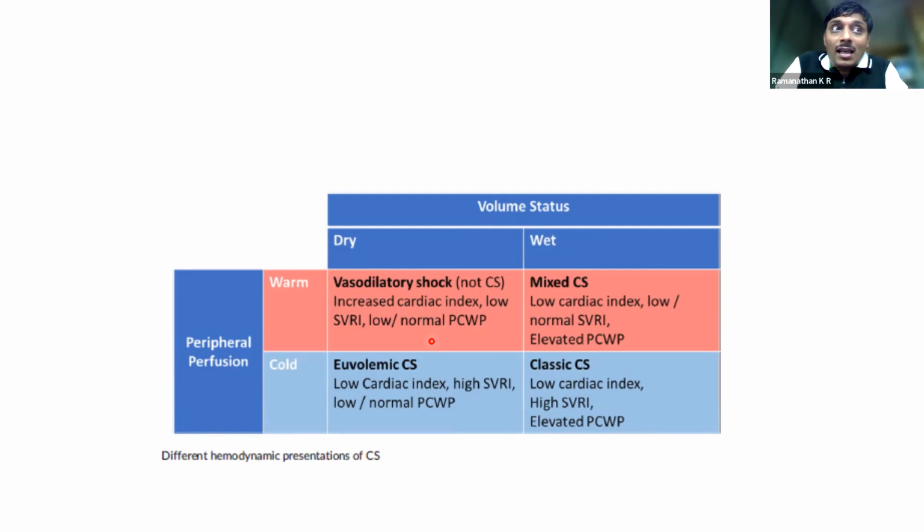However, these patients are still at risk of developing secondary cardiac events as part of their vasodilatory shock per se. So they can have a myocardial involvement secondary to, say, septic shock or a distributive shock as well. So this is something which is very difficult in an acute presentation, and this might need time for you to figure out whether patients have a mixed shock or just cardiogenic shock.